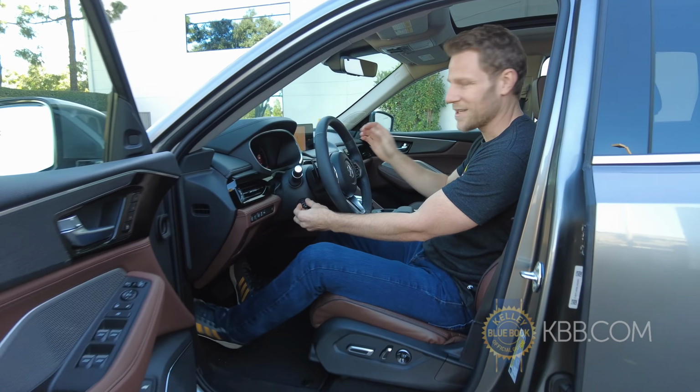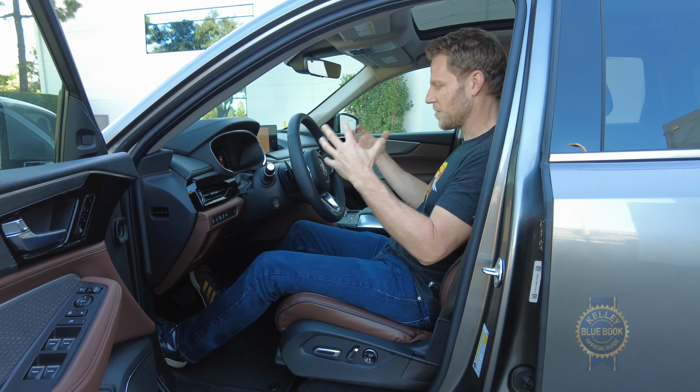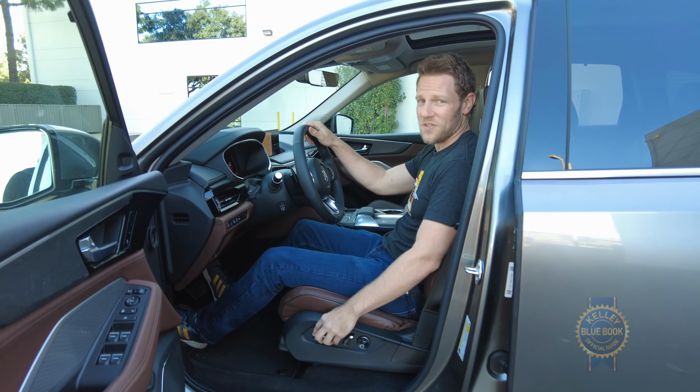Two more items of praise. I love that the steering wheel is highly adjustable. It telescopes a really far way out so you can get comfortable into a great driving position. I also like the 16-way adjustable seats that are included on the advanced package. It's like they were specifically molded for my